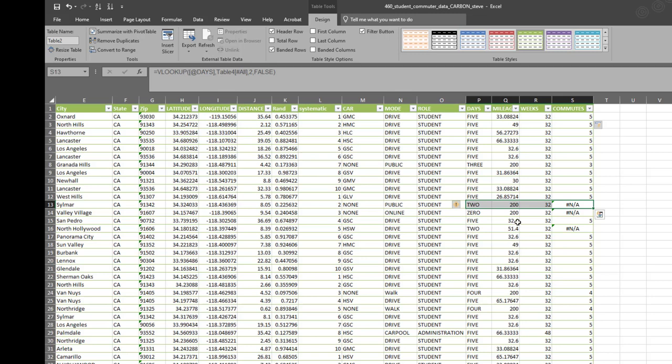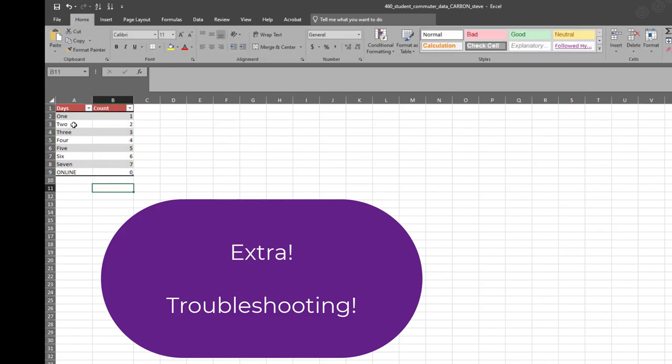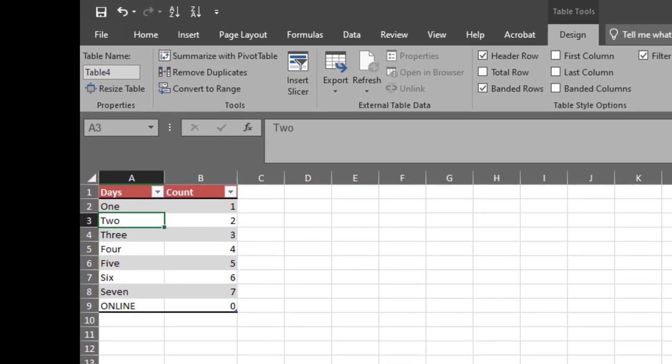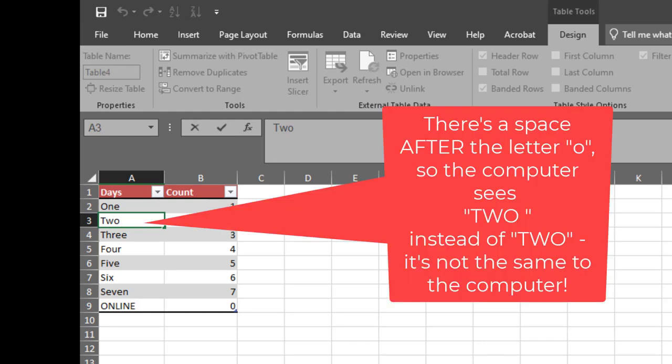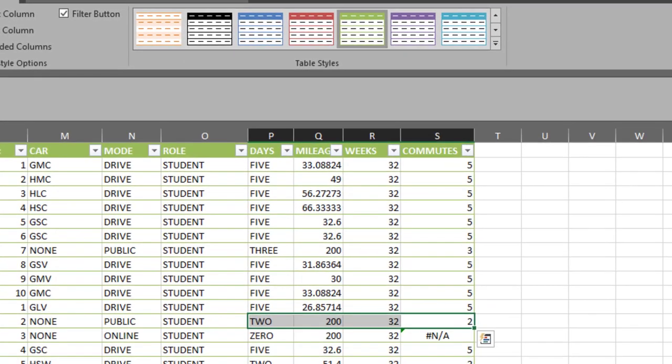Something is wrong, and if we come over here to days, maybe we find that the 2 doesn't appear to be wrong, but if I press the key F2 to put myself into edit mode, notice that the 2 has a space afterwards, and that makes it very difficult when we're looking for an exact match. So just delete that space, then come back over to your master roster and notice that, oh, the 2s are